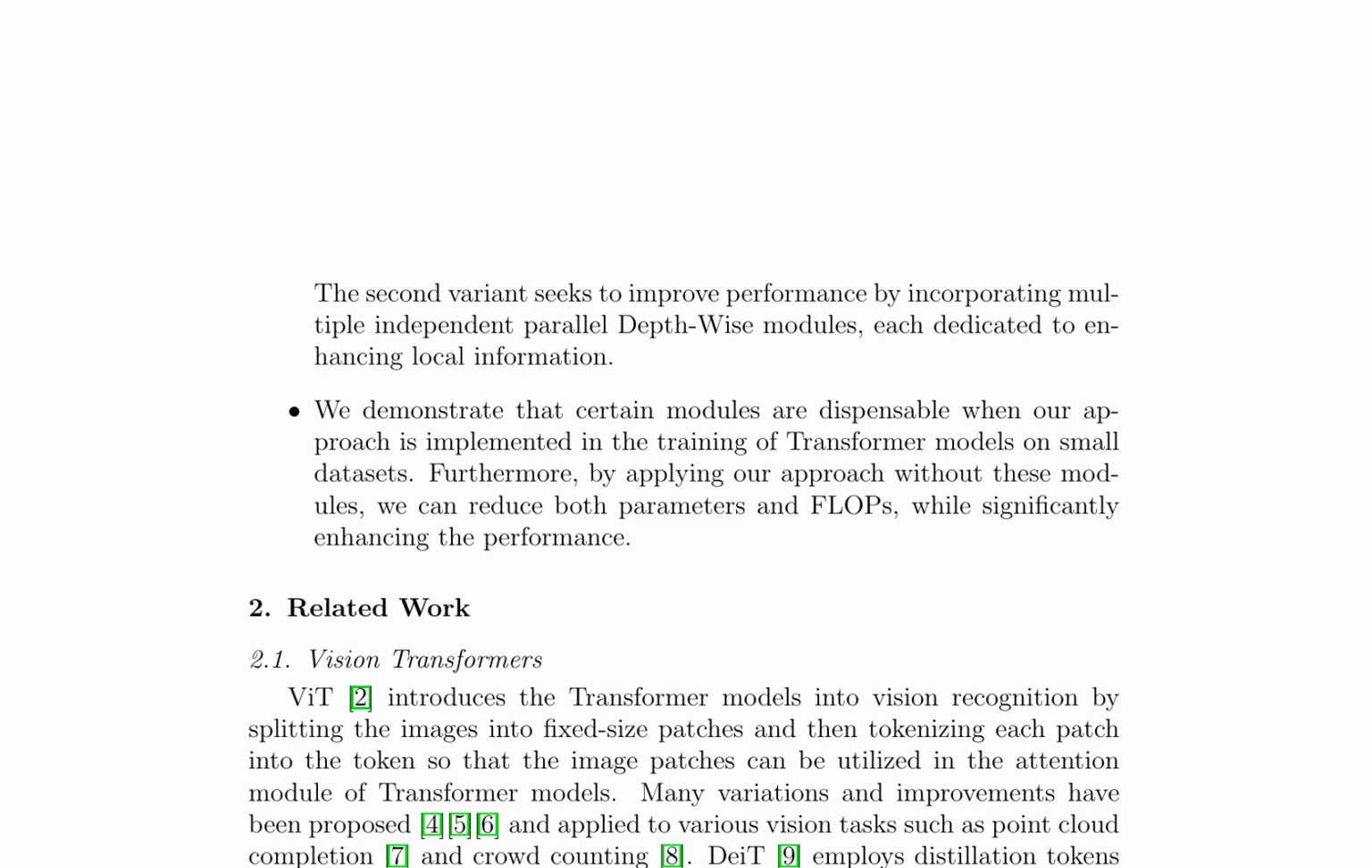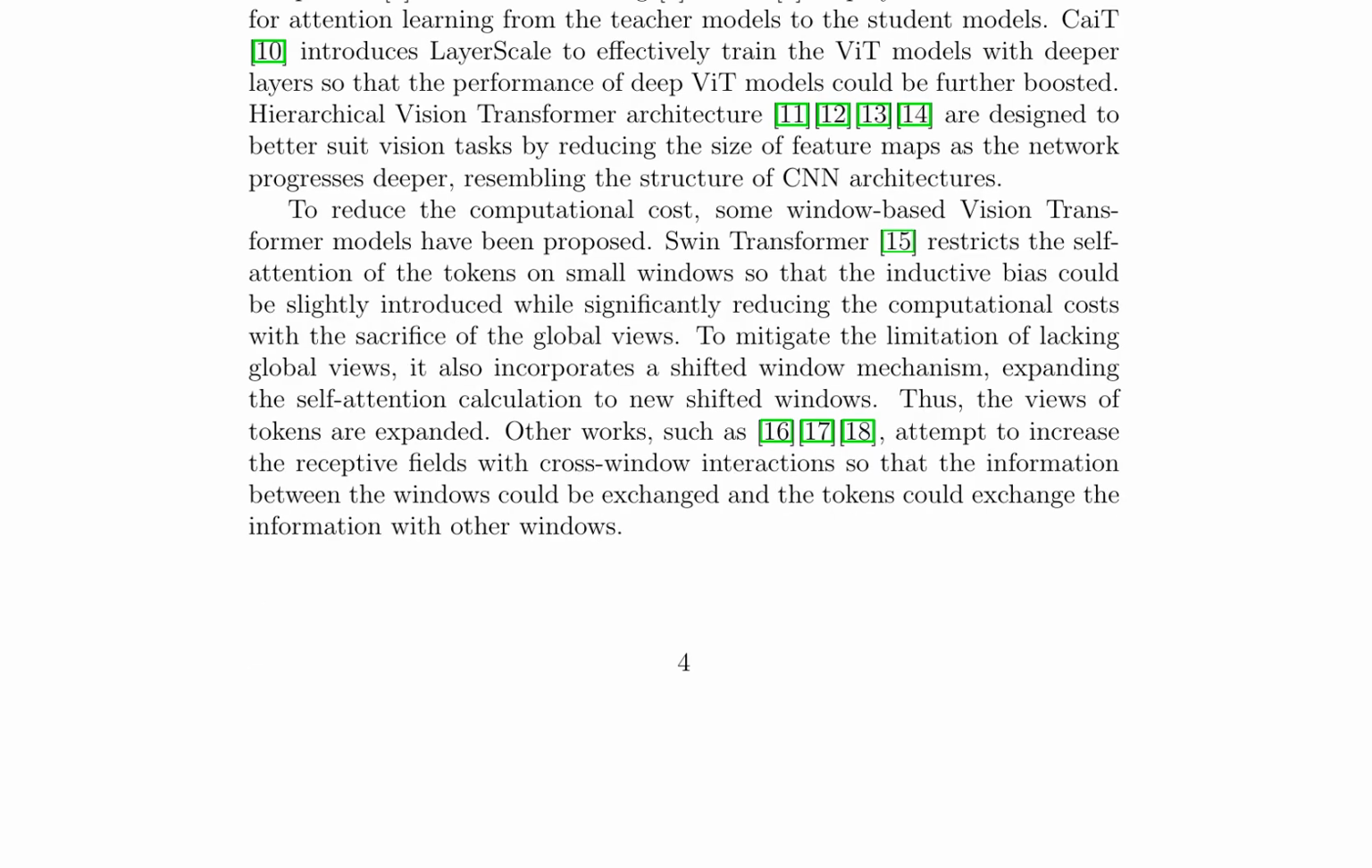This research builds upon existing vision transformer models, such as ViT, DAT, and CAT, which have introduced various improvements and applications. The hierarchical vision transformer architecture and window-based models, such as Swin Transformer, have also been proposed to reduce computational costs and improve performance. However, these models often rely on global views, which can be limited by the lack of local information. The proposed approach addresses this limitation by integrating convolutional and transformer blocks, enabling the simultaneous learning of global